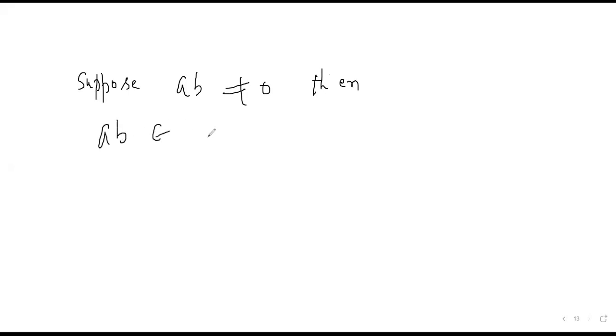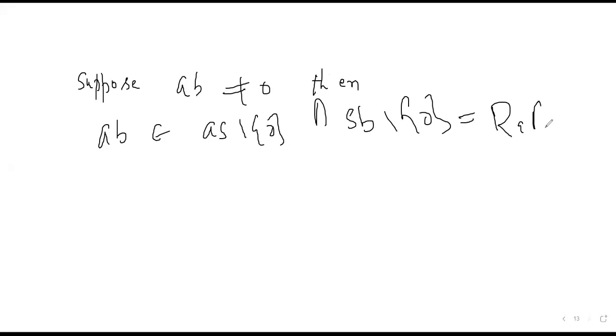सो हम मानते हैं, suppose the product is not zero. Now suppose the product AB is not equal to 0, then AB belongs to S A minus 0 intersection S B minus 0, and again which is equal to RA intersection LB. तो अगर प्रोडक्ट नॉन जीरो है so it belongs to RA intersection LB. और हमारे पास एक रिजल्ट है,